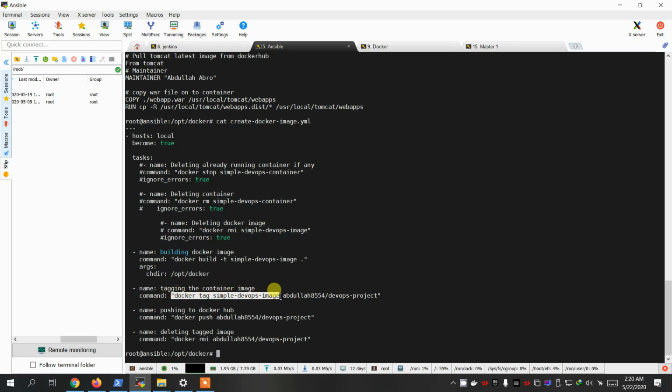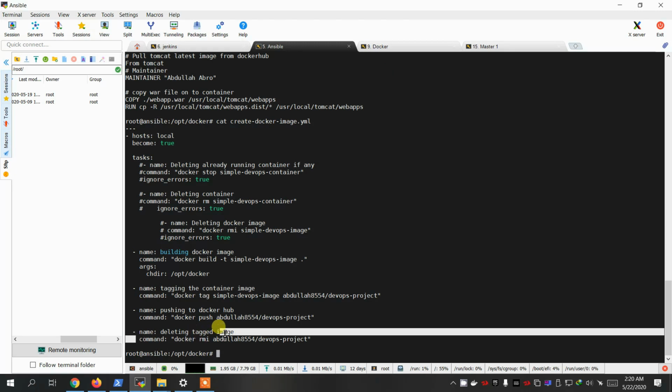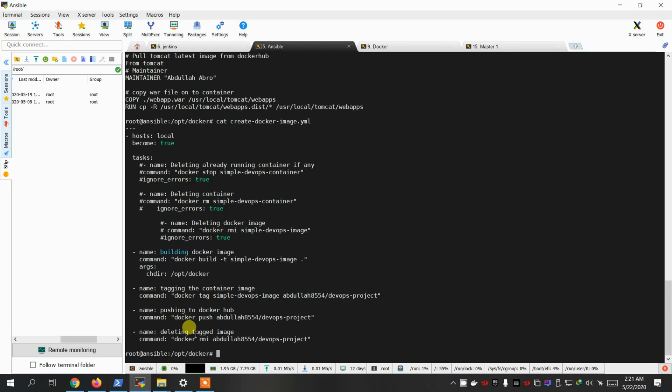After that, we are tagging the container image by using the docker tag command, and then we are pushing it to my Docker Hub account. So the Docker host is obviously logged into my Docker Hub account, and after pushing the image, we are just deleting the tagged image from the Ansible host. So this is the CI part of this,